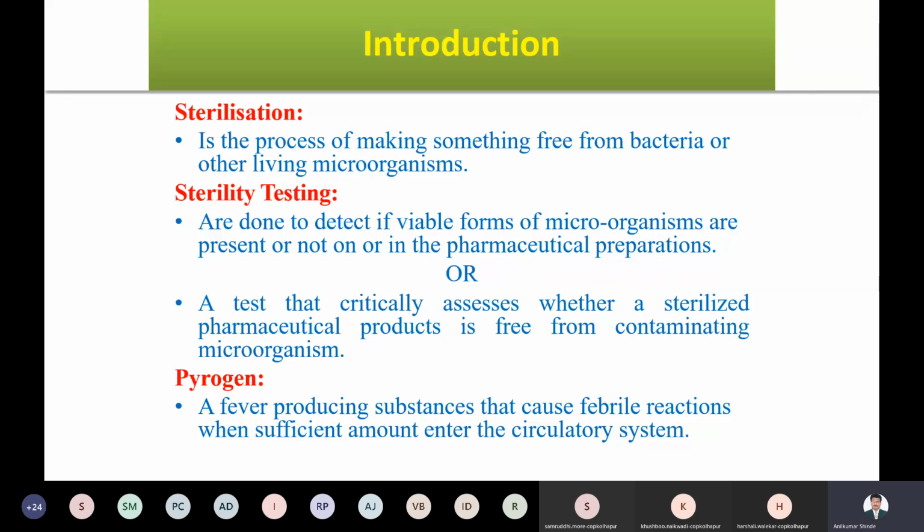But if the injection has some bacteria and you inject it into your body, it gives some reaction. What type of reaction is it? It increases your temperature, and this is called a febrile reaction. So pyrogens produce fever after a contaminated product is injected into your body, or applied to your skin. The first symptom of that reaction is the fever, an increase in body temperature.